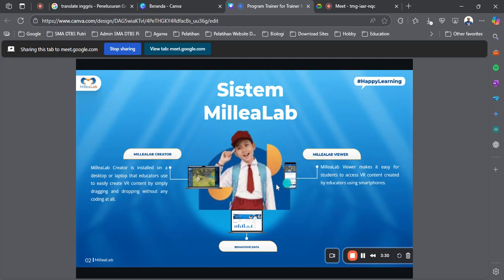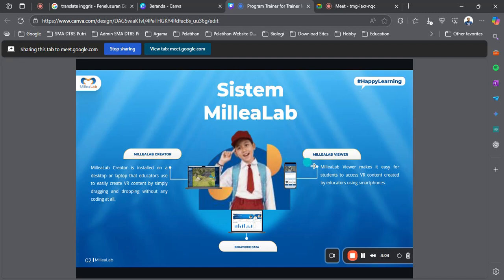For instance, the Melia Lab Creator is the kitchen where we make the ingredients for the VR. We can make the skin, the environment, add characters, and add anything according to the theme, and it's free to use. Sometimes we can support them by buying their assets, and that is a very small thing.